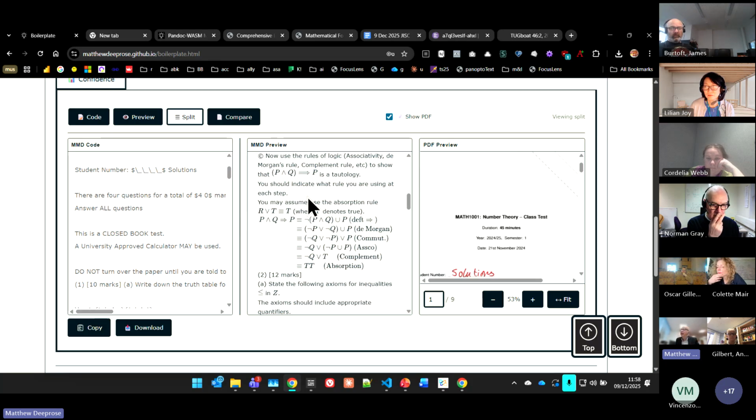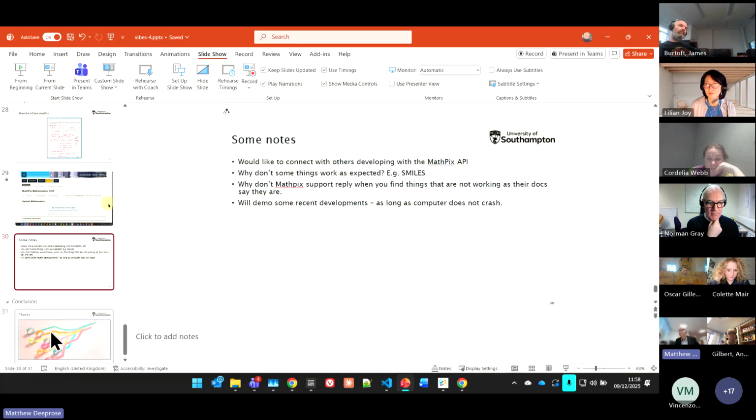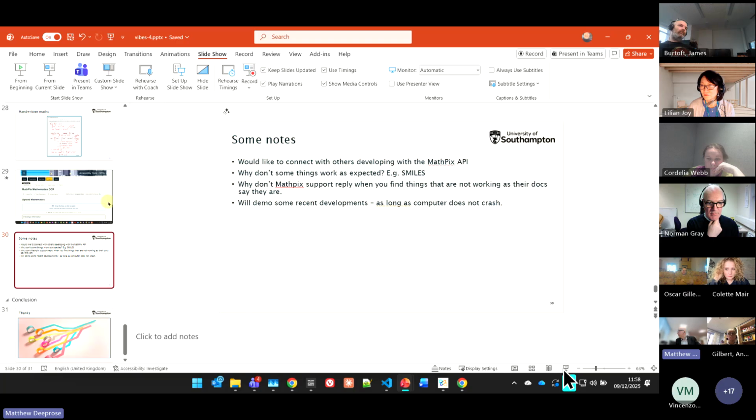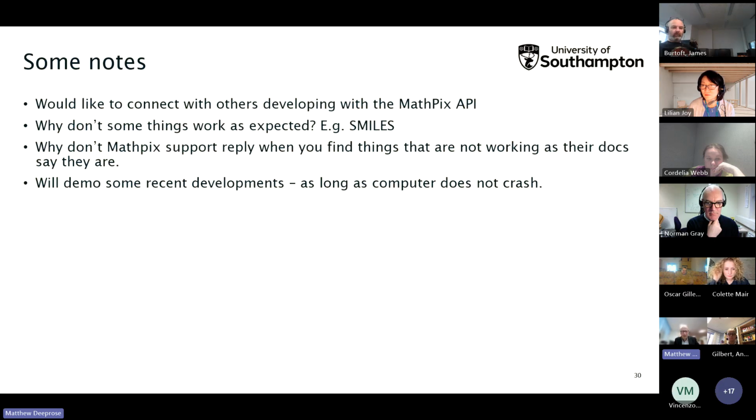And then I'm going to add in an AI enhance button, to send the MathPix result and the original PDF to an AI and get the AI to see if it could raise the confidence or the accuracy. I get roughly 80%, I'd say, on more complex stuff, and I want to take it up to 95% before the final human testing. So my last thing from there is, I'm really interested to hear from anyone else developing with MathPix, because